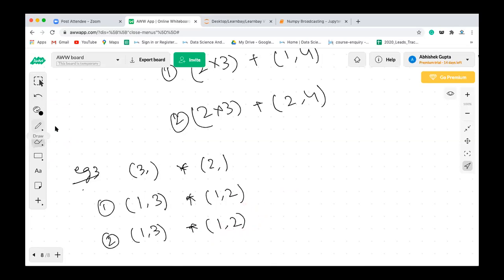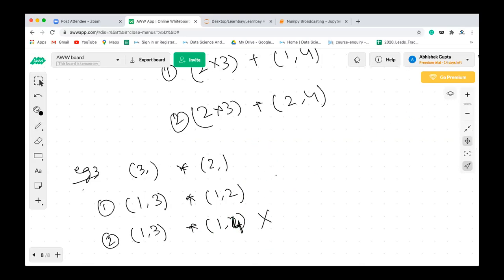So it will be broadcasted, both the rows, both the columns, so it will become 4, right? In this case it is not possible. This broadcasting is not possible.